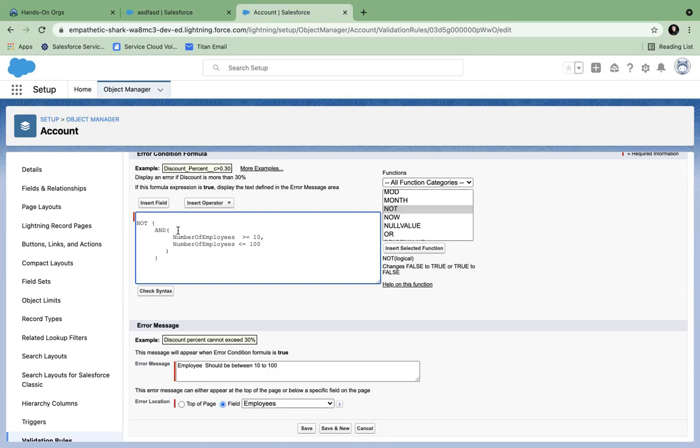Not of this one and this one is equal to the reverse, or of not individually. Clear? If the not is outside, inside it is and, you can make the outside or and inside not. Clear?